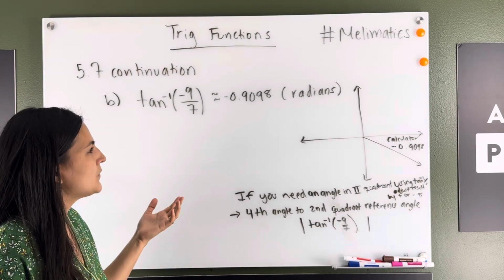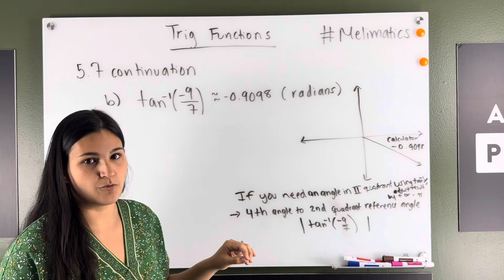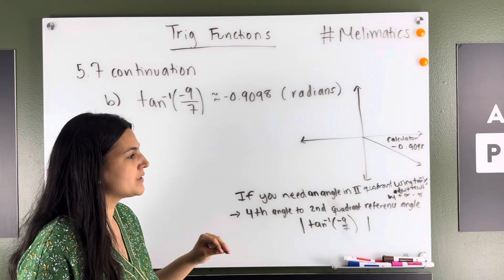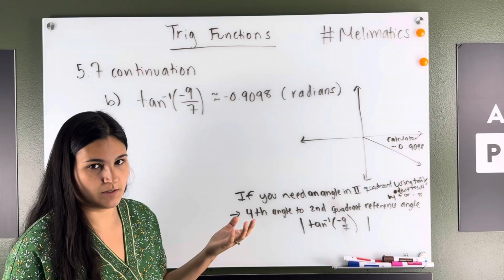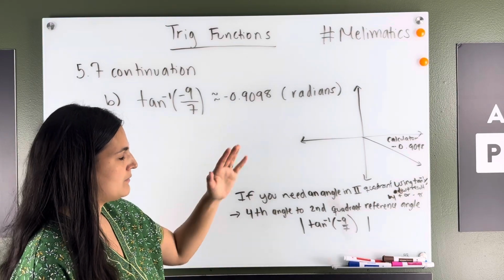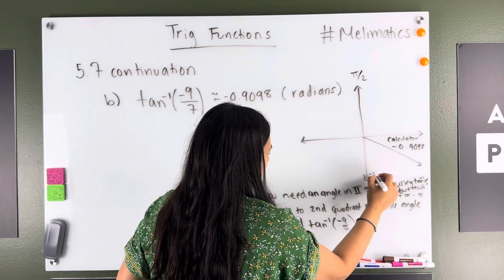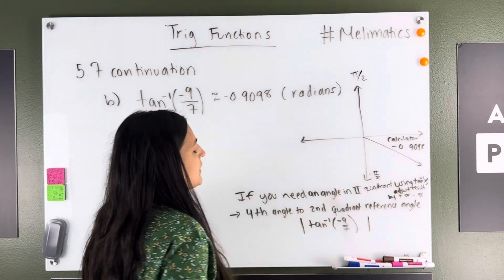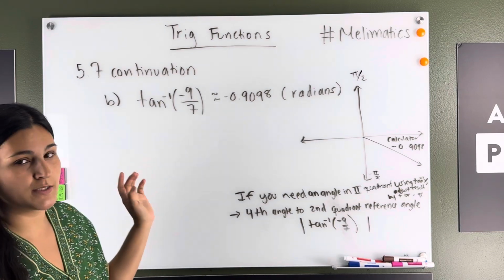So for arctangent, we know that we're always going to get a value either in the first quadrant or in the fourth quadrant, right? And if it's in the fourth quadrant, it's going to be negative, because it has to be between pi over 2 and negative pi over 2. So then what happens is that if we're trying to solve for arctangent and we're looking for a specific